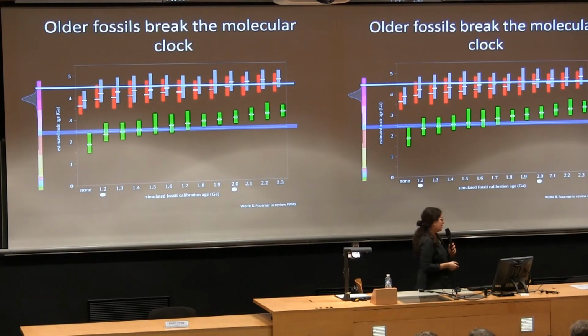What we find is that after a certain threshold, around 1.6 or 1.7 billion years old, the calibration screws it up so much that you get the root of the tree being older than the oldest boundary on the root prior. The oldest boundary we used was 4.4 billion years old, which is the oldest zircons and the oldest rocks found on Earth. I don't want to be saying that this molecular clock is inferring panspermia, because that's outside what we're doing here. So I think this is circumstantial evidence that the 1.2 billion-year-old calibration is more